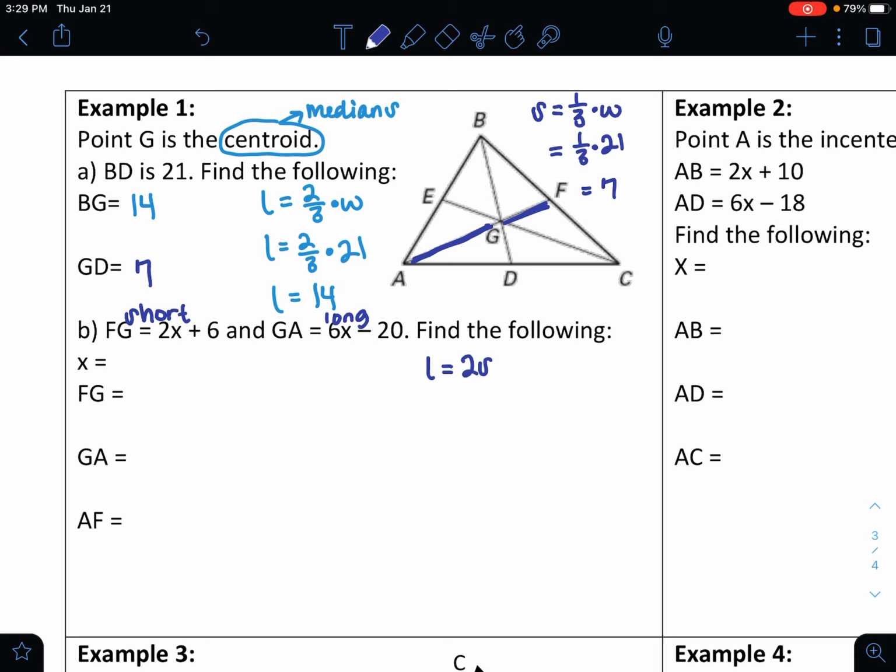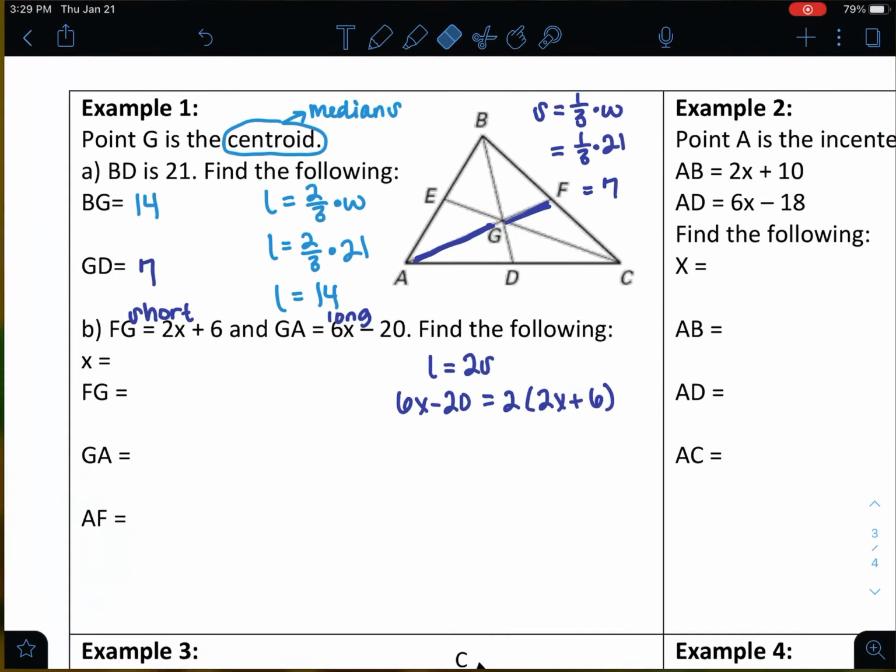So the long side was 6x minus 20. The short side was, again, don't forget you have to multiply it by 2, but the short side was 2x plus 6. All right, so I'm just going to clean that up a bit. Distribute that to 4x plus 12. Okay, now we can, actually, you know what? I'm sorry. Let me just keep this simple. All right, so if you don't want to solve it by hand, you can use NSolve. So let's go ahead and